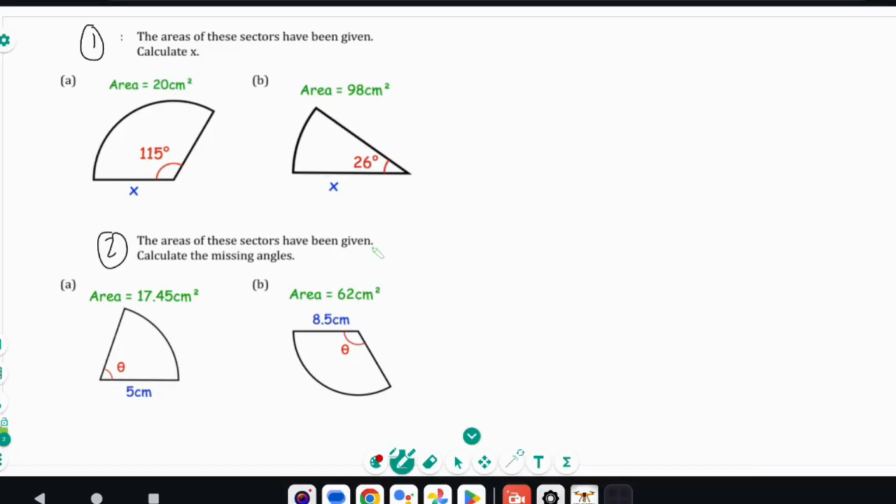Okay, have a go at these problem solving questions. So for the first one, we're given the area, we have a missing radius. So we know theta as well. 115 over 360 times pi times x squared equals 20. So I'm going to times by 360 first, which gives us 115 pi